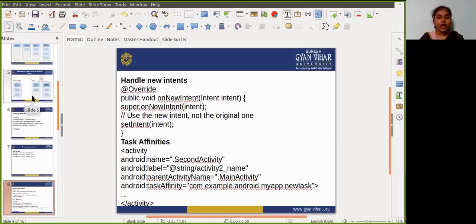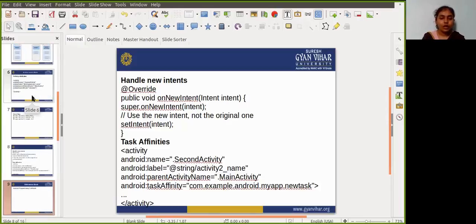After that, taskAffinity equals com.example.android.myapp.newtask. So here myapp.newtask is written as the affinity name, and after that close the activity tag.